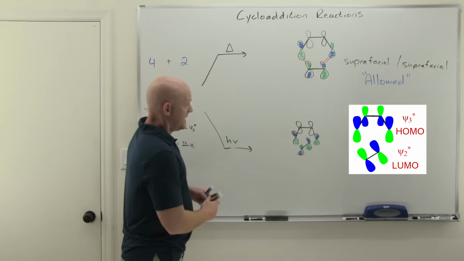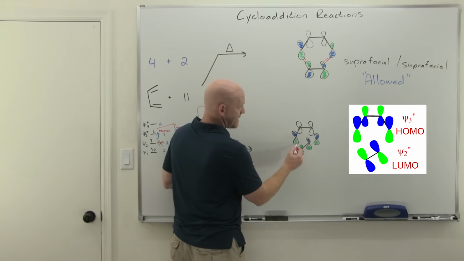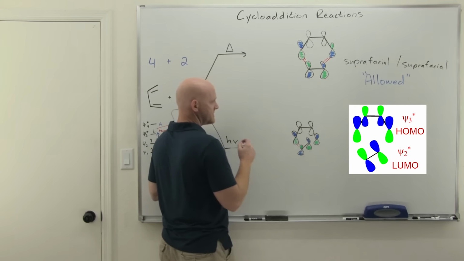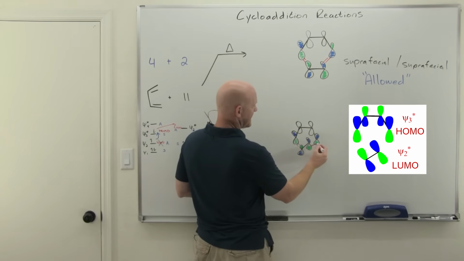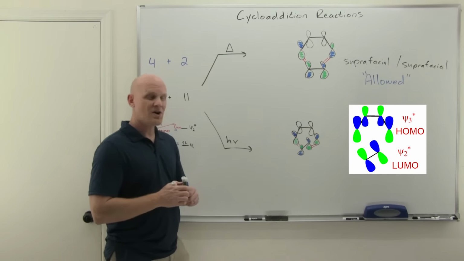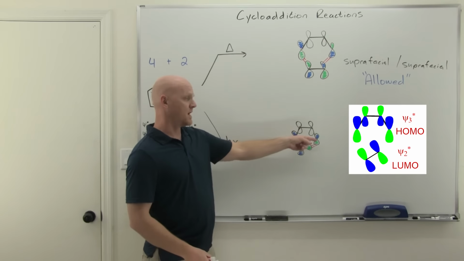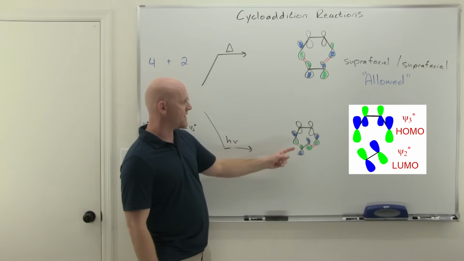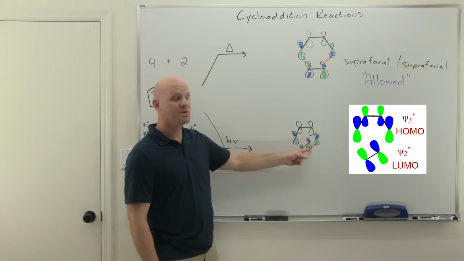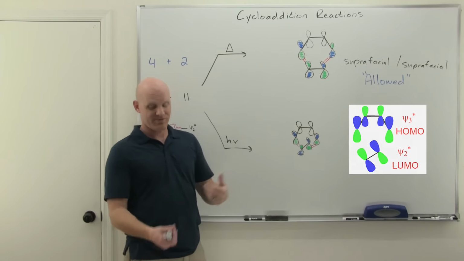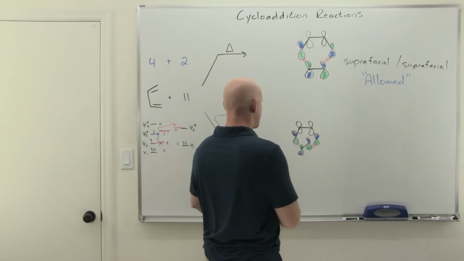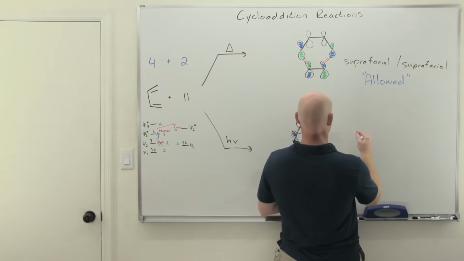Okay, if we look at the interaction now, here we're going to have the bottom lobe of one to the top lobe of the other, but on the other side, it's going to go like so. For this guy's bottom lobe, I'm suprafacial. But for this guy, I'm interacting with the top lobe on one side, but the bottom lobe on the other, and it's antarafacial. And so we end up calling this the transition state in this case